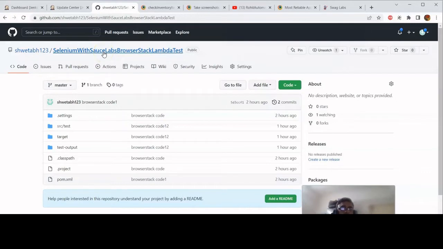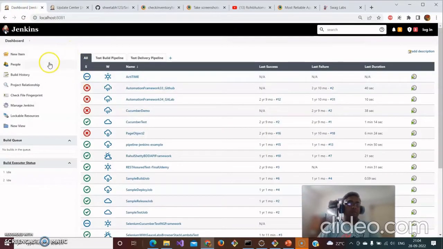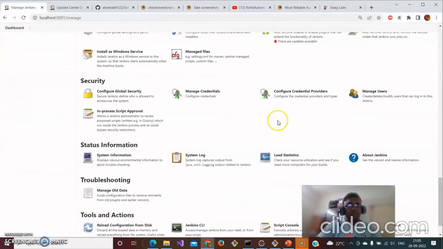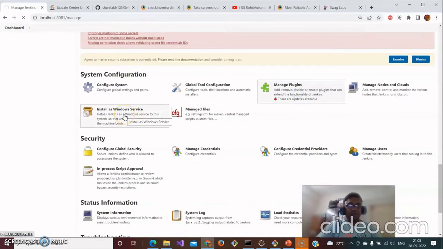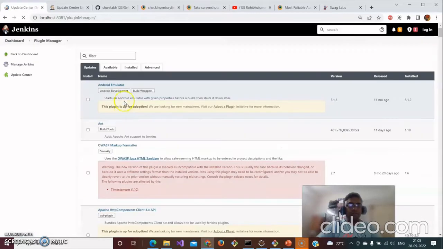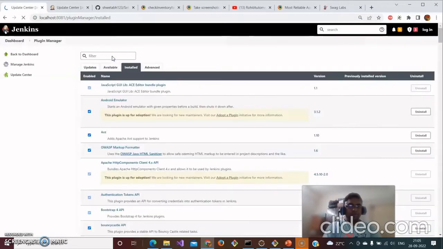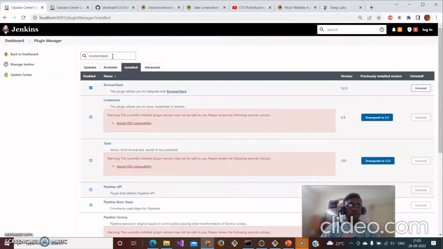Now I'll show you how we can create a new Jenkins job. Before starting, we have to integrate one plugin into Jenkins. The plugin name is, if you go to Manage Plugins, I've already installed it. If you search for BrowserStack, correct? This plugin is required to integrate and run our test cases on BrowserStack. It is showing it is already installed. Once you have installed this plugin,